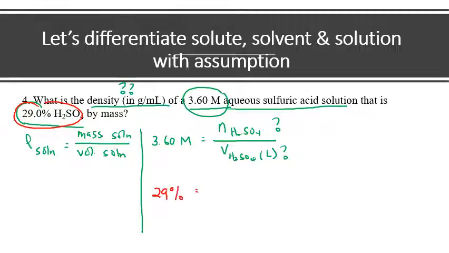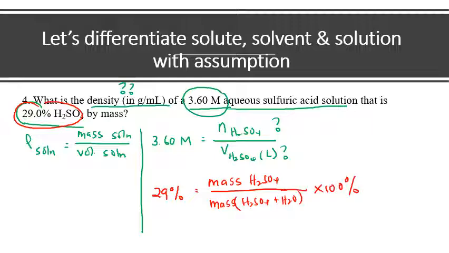29% will equal to mass of H2SO4 over the mass of H2SO4 and water, multiplied with 100%. So again, we have no idea what the mass of H2SO4 is, and also the mass of solution. Okay, so for this question, you have to do the assumption a bit slightly different from what we discussed